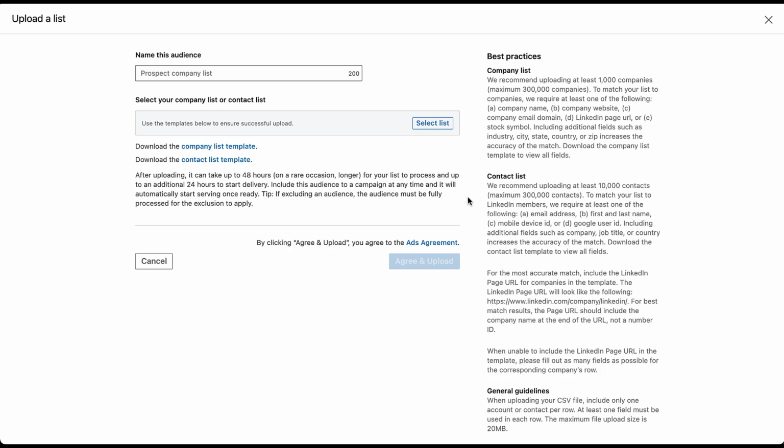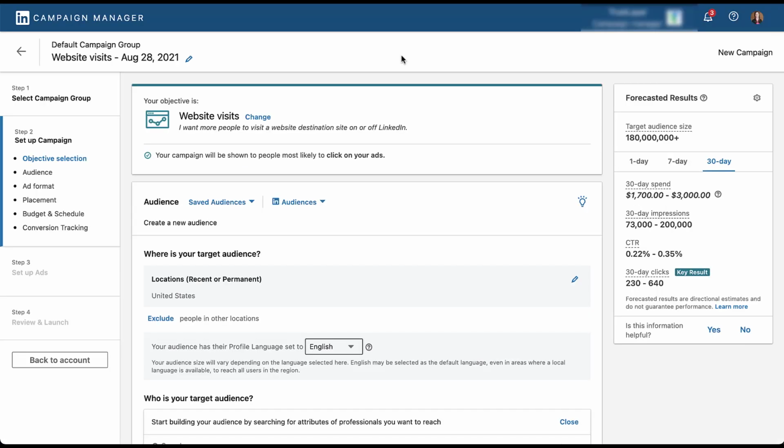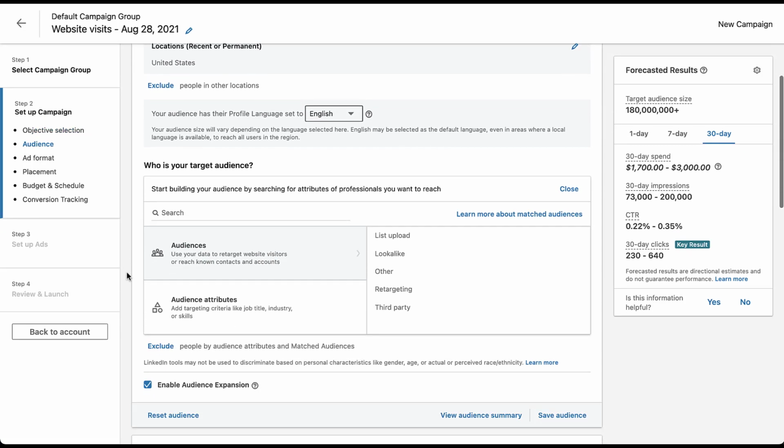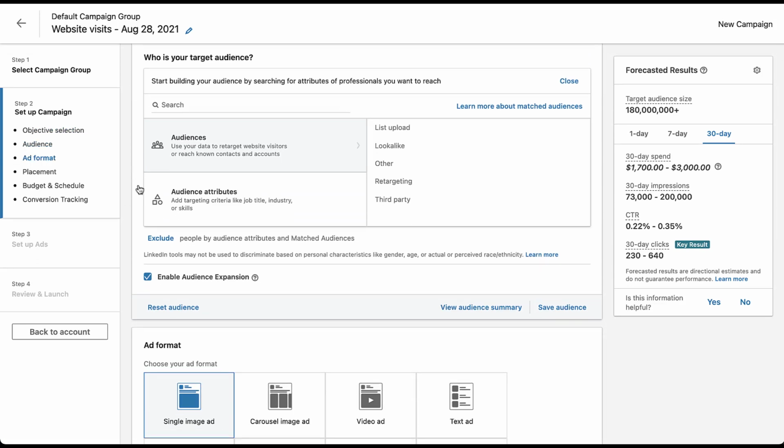For right now, I'm not going to upload a list in this account because we already have one. So now I've gone through all of these steps to get to where we can apply this company list to our campaign. So I already created a new campaign, chose my objective, so on and so forth. So now I just need to scroll down, and in the same builder that we used before,